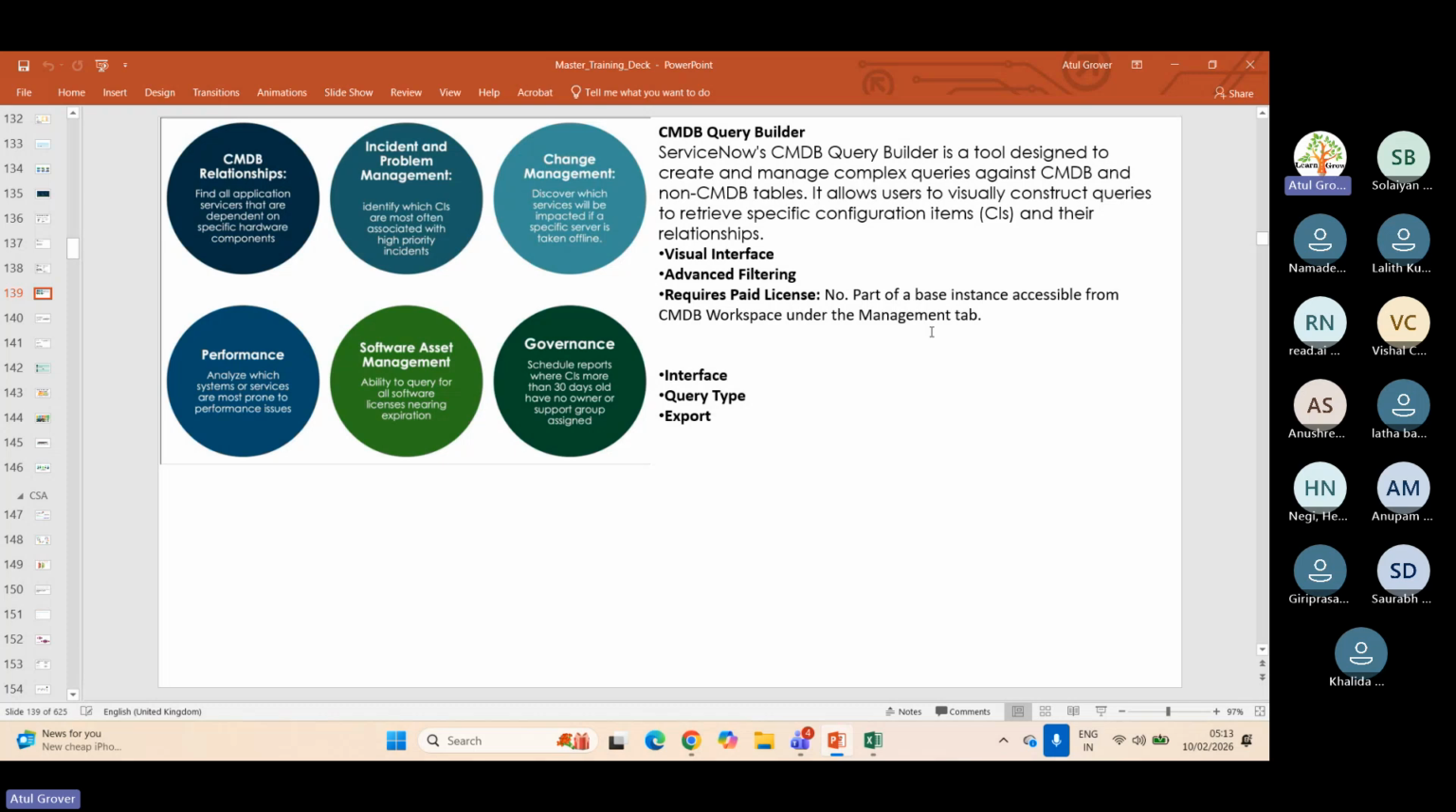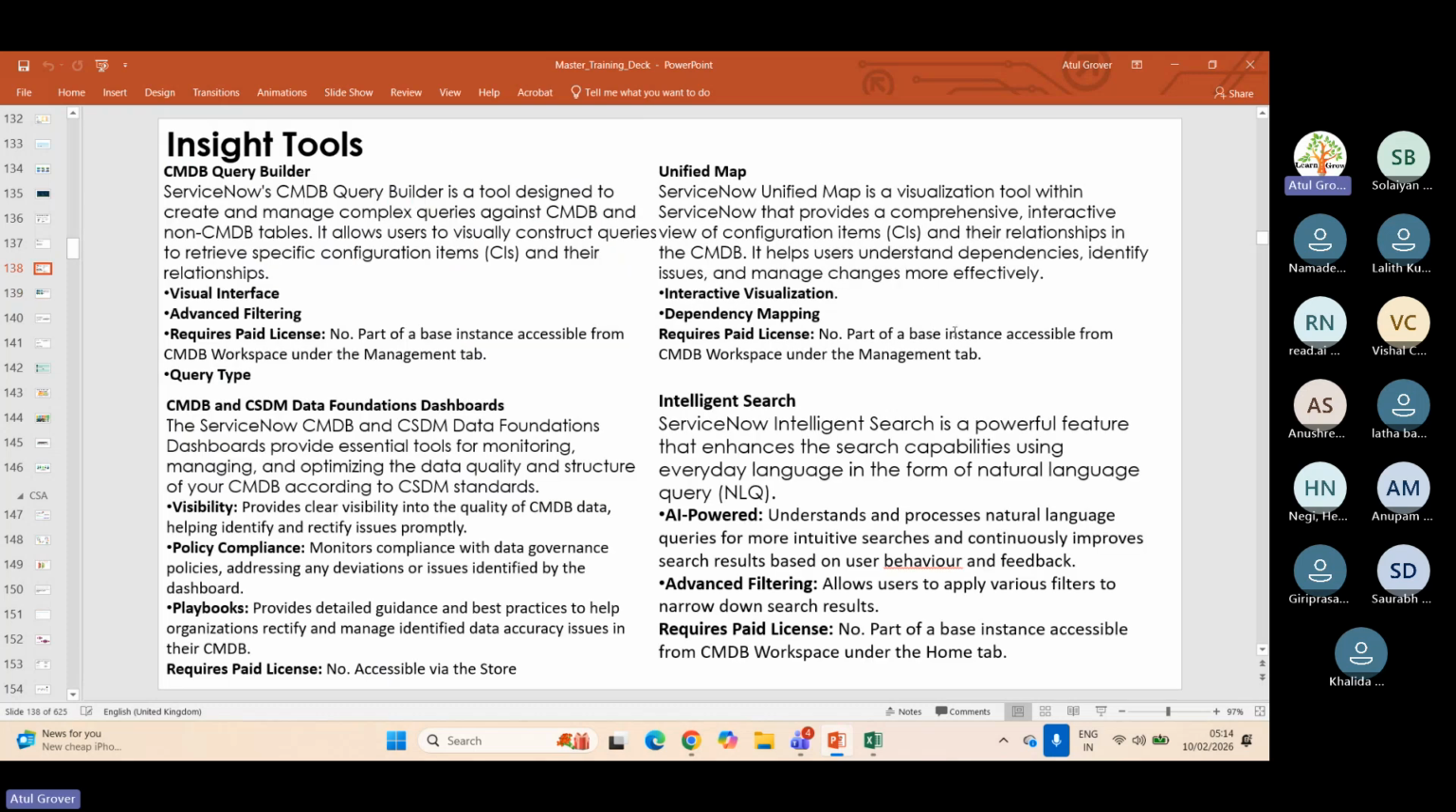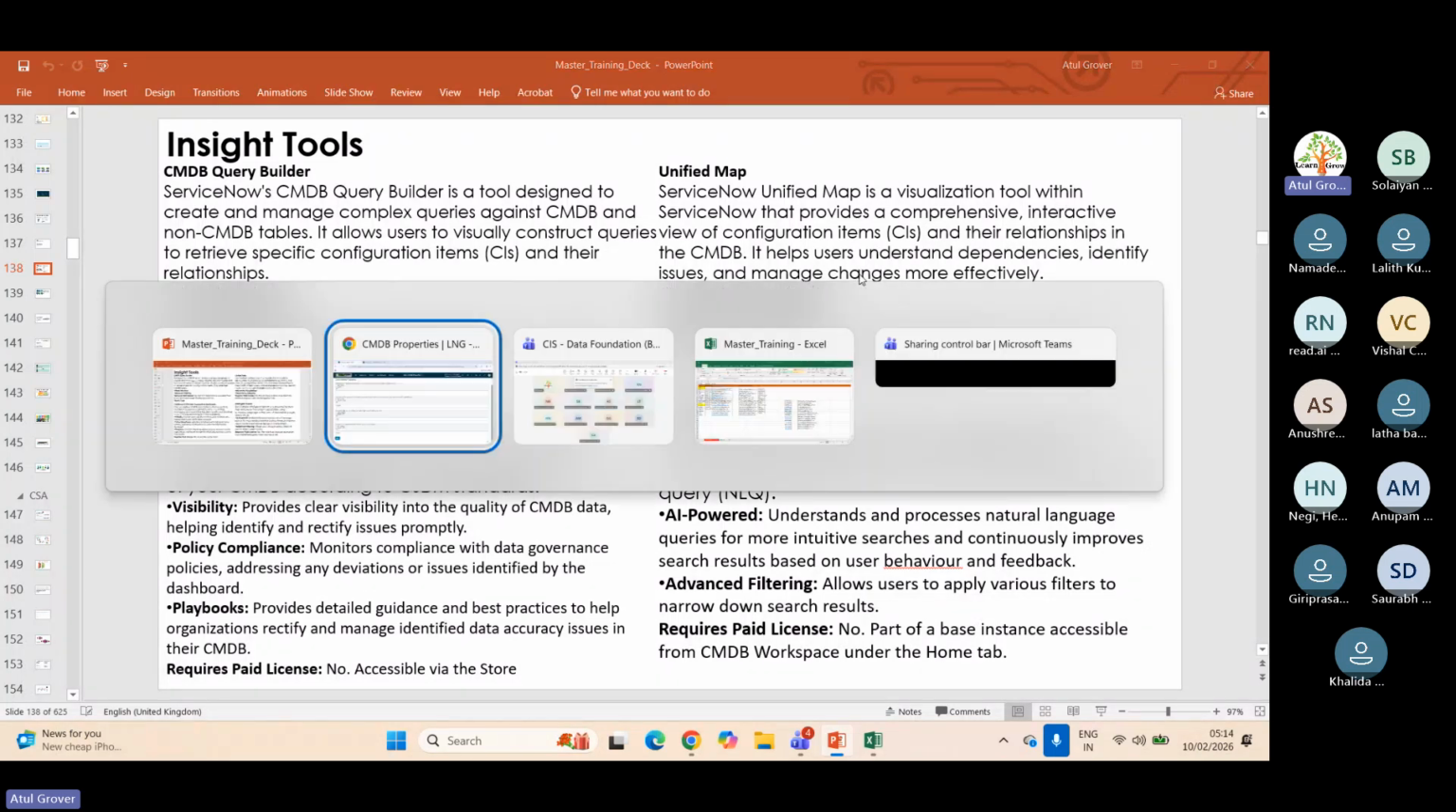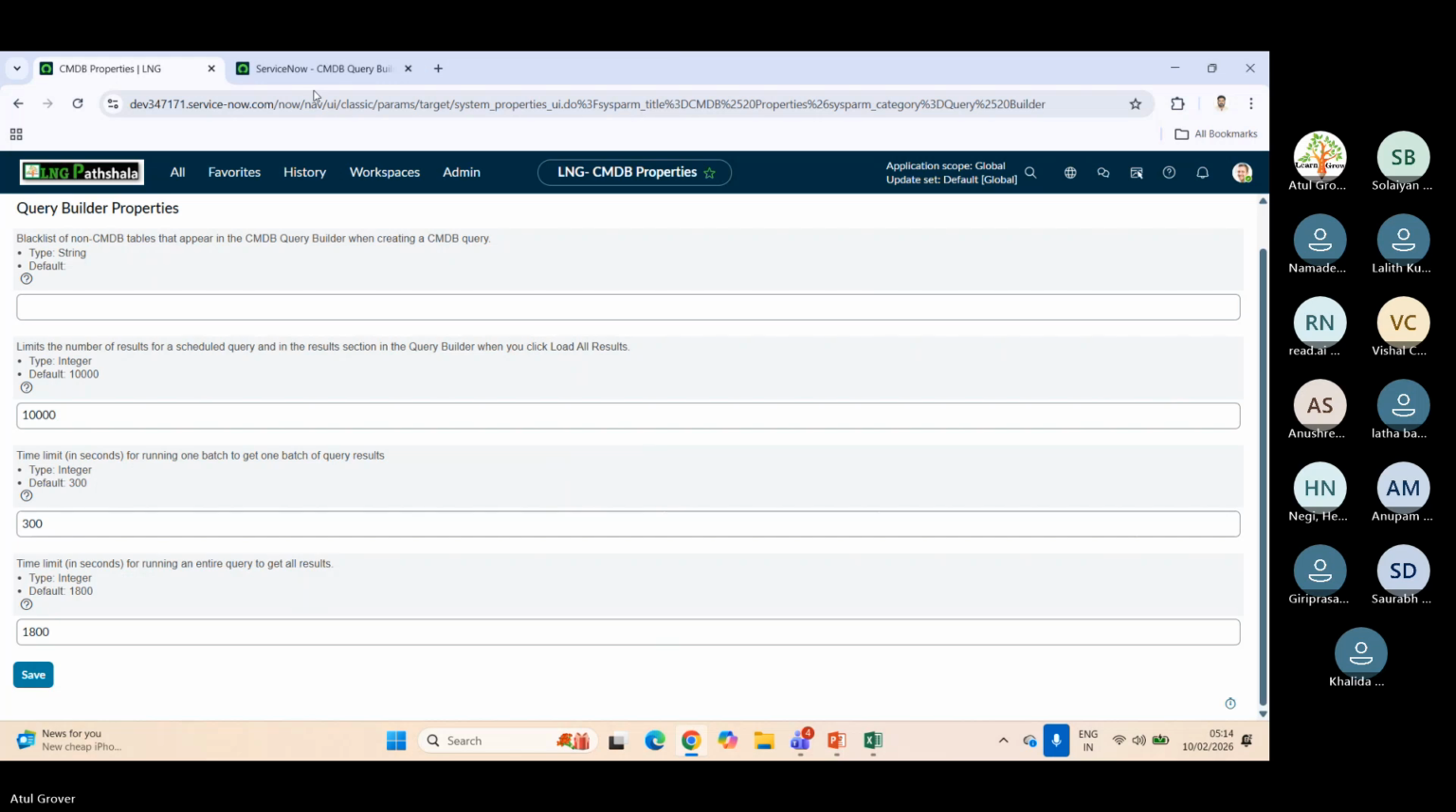ठीक है जी, clear everybody? ठीक है. Good. Now second part, a unified map. It is again a visualization coming out of the box. No extra plugins are required for this one. And you can see here,